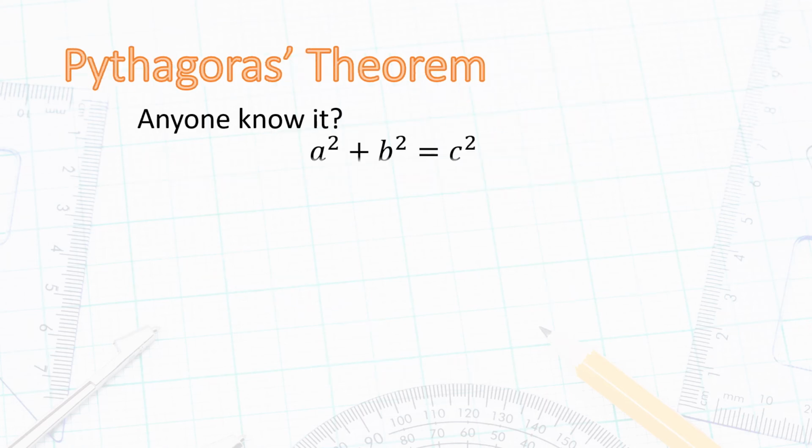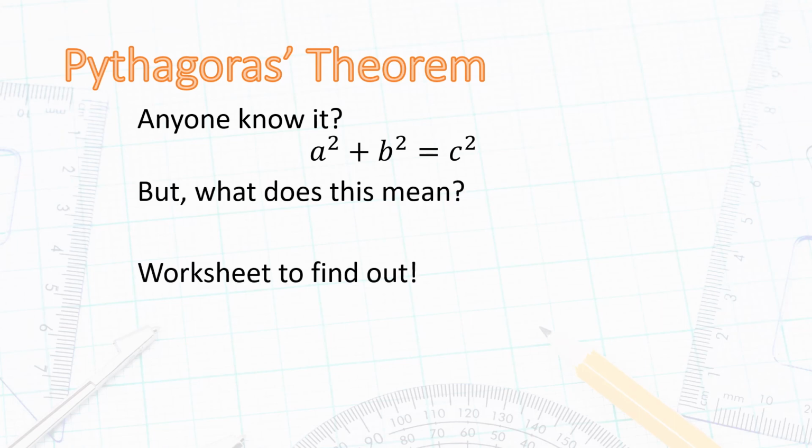All right, the last thing we did in class was investigate Pythagoras' theorem. So most of you remembered the formula for Pythagoras' theorem, a squared plus b squared is c squared, but very few of you had any idea what it was actually about or what it was used for. So we had an investigative activity where you had to cut out some squares and triangles from a worksheet, and what we realized was that if you had a right angle triangle,